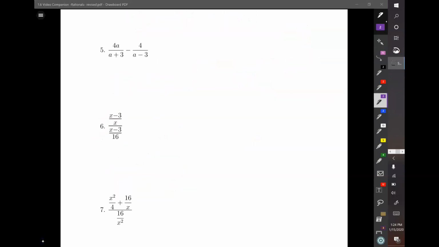So number 5, I'd like you to try this one on your own. So this is a try it. The video try it. So it reads 4a with a fraction bar all divided by a plus 3 in the denominator, minus a second fraction, 4 with a fraction bar, quantity a minus 3 in that denominator. So the first thing you have to figure out is what the lowest common denominator is and how you got there, and then make equivalent fractions just like you would with numbers. So pause the video